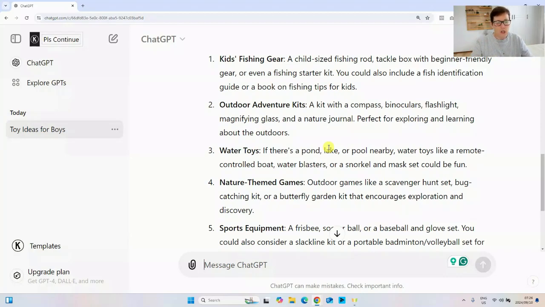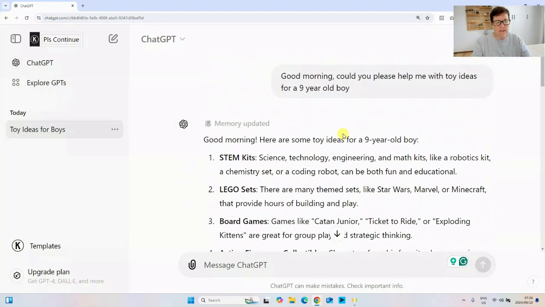And let's move on to our settings and the more advanced features. Okay, so on the side here is where your chat will show up. So it says toy ideas for boys. Now, if you click on these three little dots, you can share this conversation with somebody. It will open in a ChatGPT account. Well, it will open and then it will ask them to move into a ChatGPT account. You can rename it, which we're going to do. You can archive it to save it, but archiving it will take it off this left-hand panel, or you can delete it. So let's just rename it, and we're going to rename it